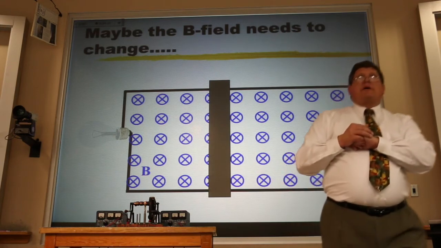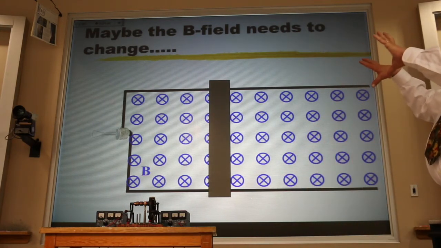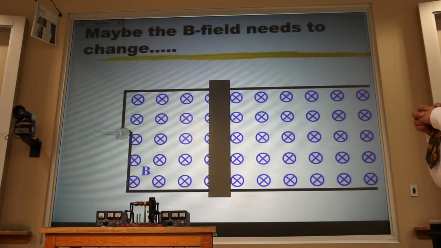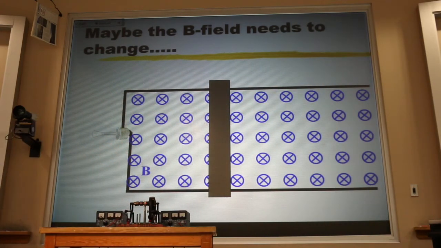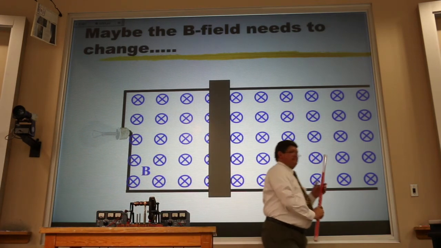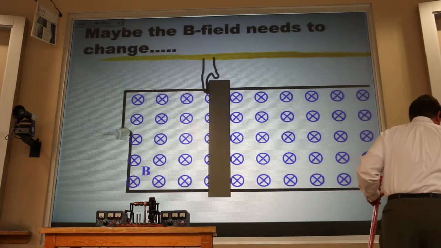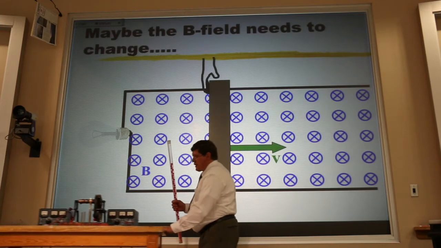Now think of this experiment as something you're looking down on, as if you're just having an out-of-body experience and you're looking down on the experiment there. Now, what Faraday said was, take that copper bar and slide it along the rails. As soon as you slide the copper bar,